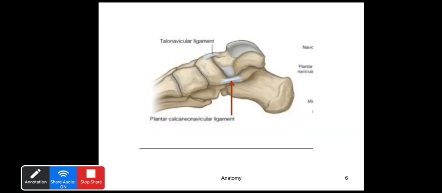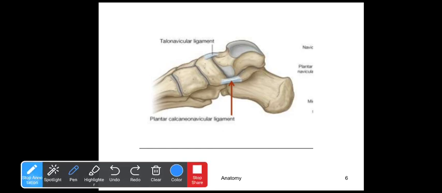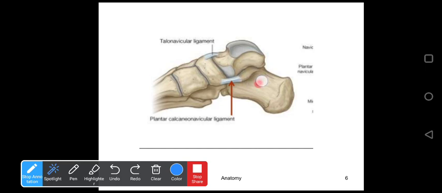Here comes a picture that depicts the talocalcaneonavicular and its articulation: the talus, calcaneum and the navicular, and how they articulate, thereby forming the talocalcaneonavicular joint. You can see the spring ligament nicely supporting the head of the talus, and the sustentaculum tali is also seen nicely in this diagram. Here is the sustentaculum tali, and this is the spring ligament. This area forms the talocalcaneonavicular joint.